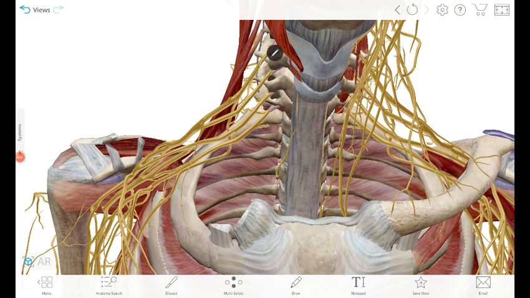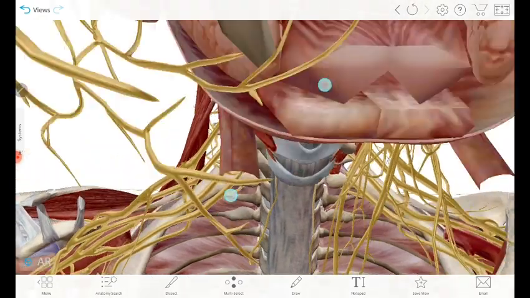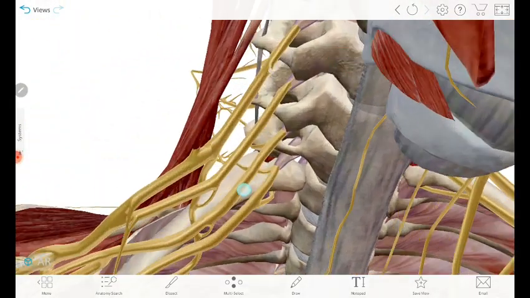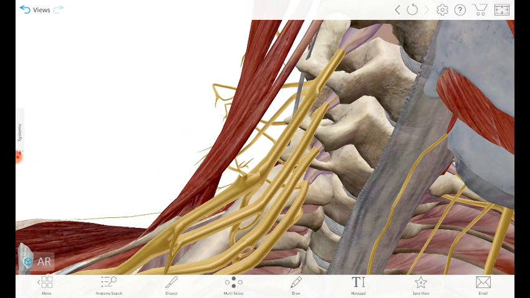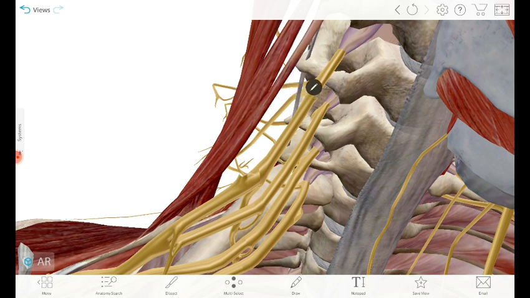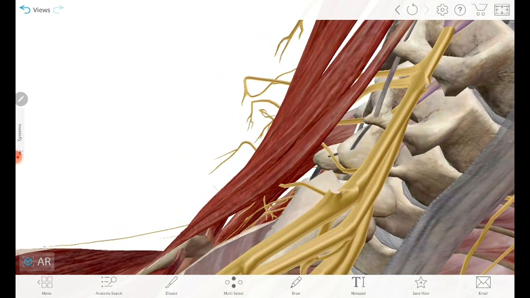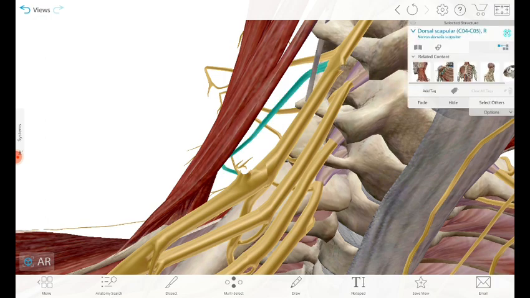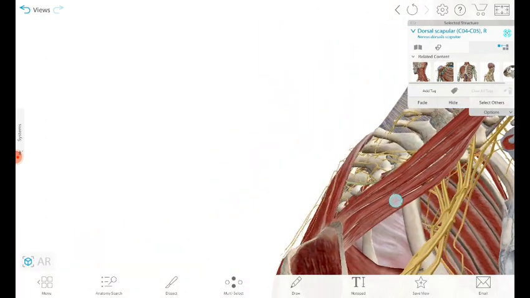So this here is our C5, this is C6, this is C7, this is C8, and this small branch joining C8 is the T1 branch. So we can see one nerve coming out from C5, and we discussed that the nerve which comes out from C5 is the dorsal scapular nerve. So this nerve over here should be the dorsal scapular nerve. Now we will see this nerve. This nerve, as we can see, is the dorsal scapular nerve,